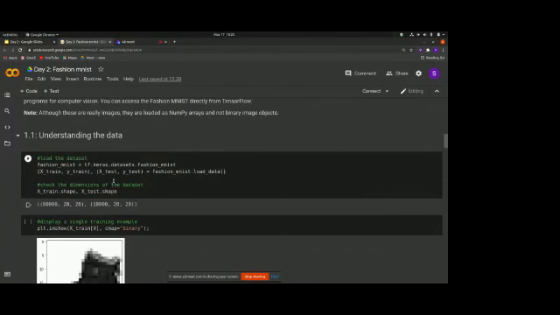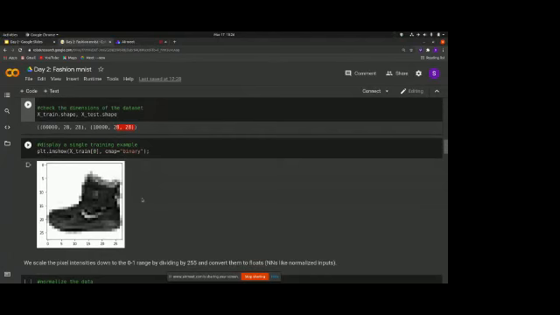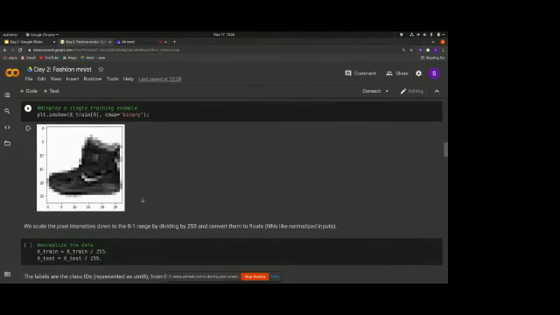Here we just load the data. We divide it into the train set and the test set. X is the input data, Y are the outputs, that is the target labels as we call them. If we see the shapes of the train set, it consists of 60,000 images as mentioned earlier. Each image is 28 by 28, and in the test set we have 10,000 images, each 28 by 28. This is just an example of how the images are in the training dataset.